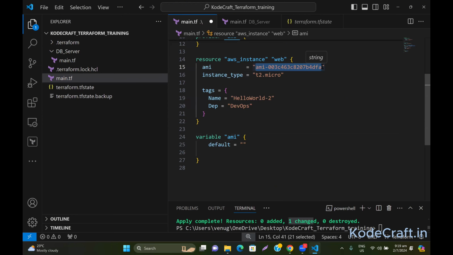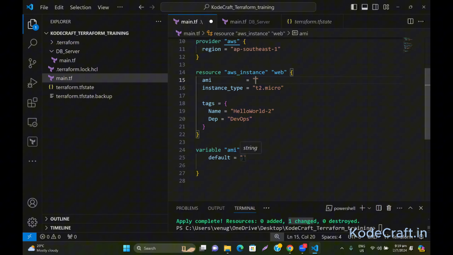Let me cut and then put it here. So in this case, if you write resource blocks like this with everything as a hard-coded value, every time we want to change these values, we have to come here and change them. So instead of this,